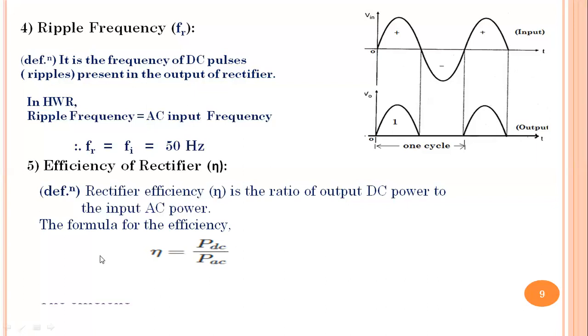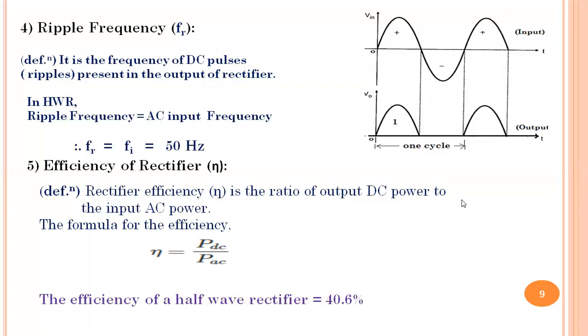Ideally, we want the same percent of efficiency in every circuit. It is found that in the half wave rectifier, efficiency is less than 50%, it is 40.6%. What does it mean? About 59.4% of the electric power gets wasted. Only 40.6% of the power is produced at the output. Therefore, this is also one of the major drawbacks of the half wave rectifier circuit.